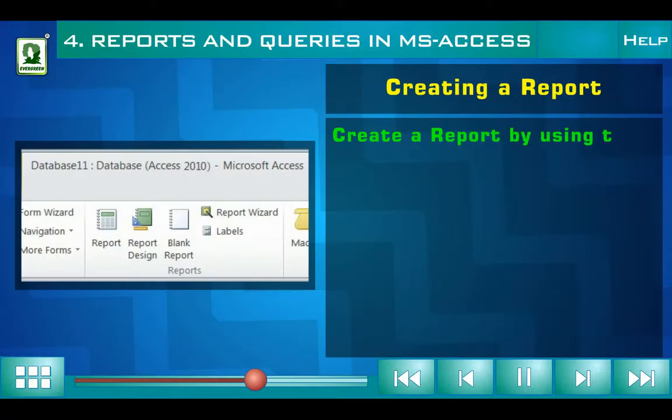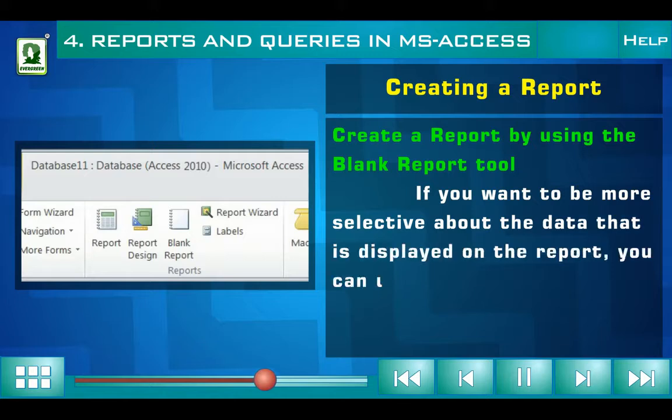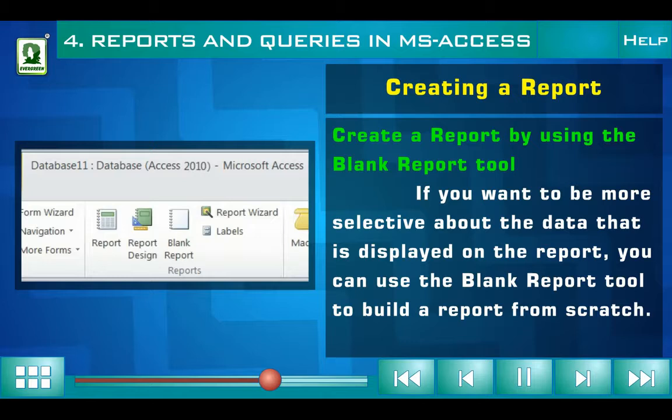Create a report by using the Blank Report tool. If you want to be more selective about the data that is displayed on the report, you can use the Blank Report tool to build a report from scratch. This